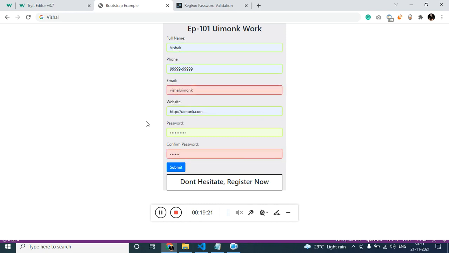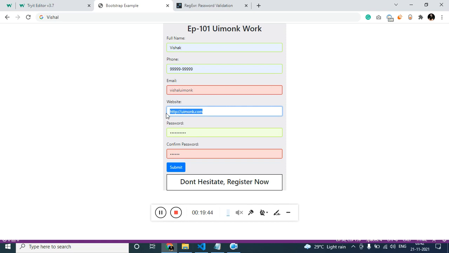If I type without @, it is not going to accept. And for the website, if you type without HTTP, it is not going to accept. If you type with HTTP, it will accept. So this type of URL is called an absolute URL.